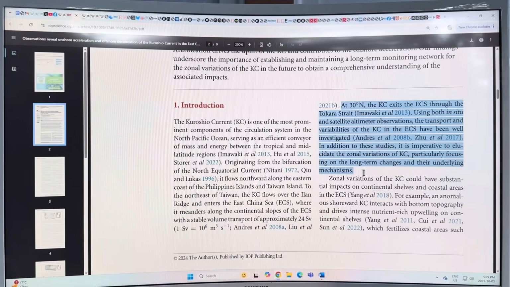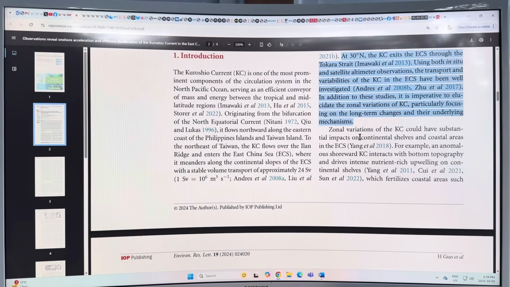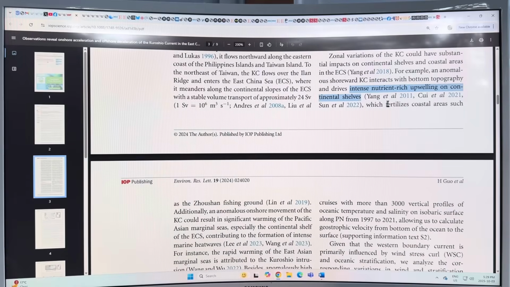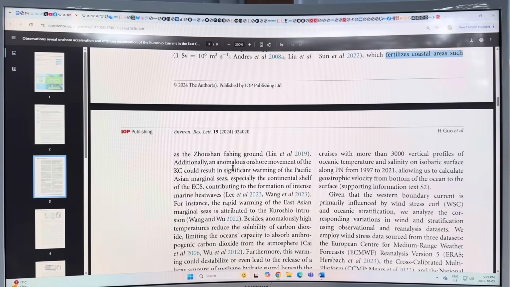and so how it changes from climate change is very, very important. Has impacts on the continental shelves, on fishing, on coastal seas, on marine heat waves, on stratification, on intense nutrient-rich upwelling on continental shelves. Right, as the water overrides the continental shelf, it's forced upwards. That fertilizes the coastal areas, important fishing grounds, with nutrients. The onshore movement,